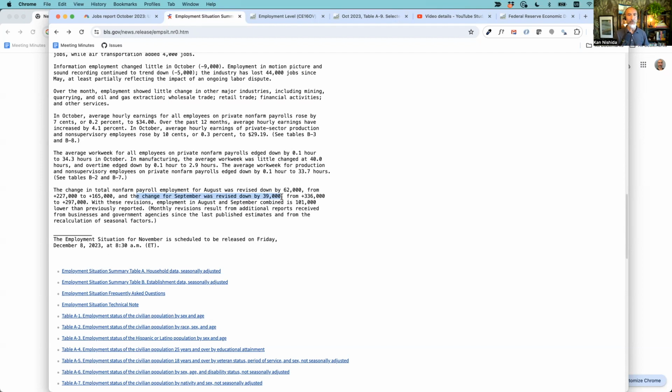August and September, they overestimated. And it's actually not just August and September. They have been doing this for a while. As long as I know, the last 4, 5, 6 months, they keep revising those numbers. And every time they revise, they don't actually go up. They go down, meaning they always overestimate. So how can you be sure this October number is not overestimated? But anyway, that's the number one reason why these two employment numbers, one from household, one from establishment, are not matching up. Another one is more interesting.